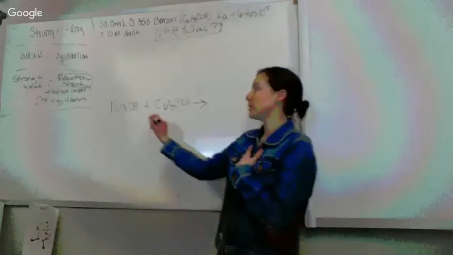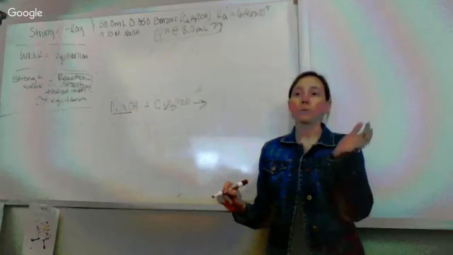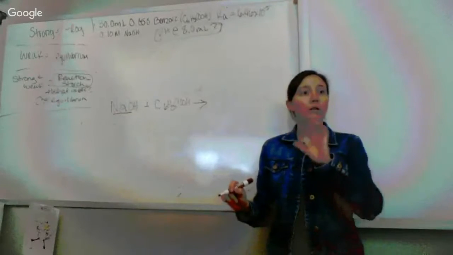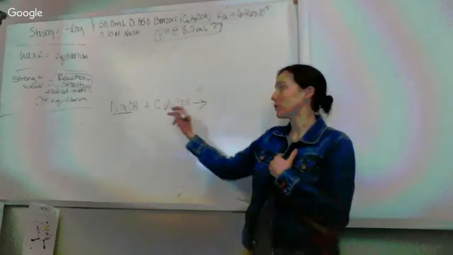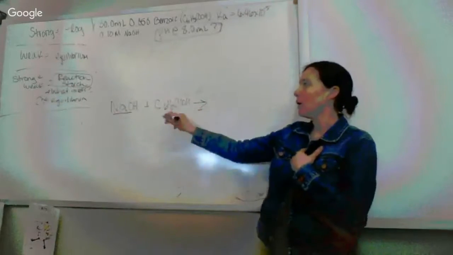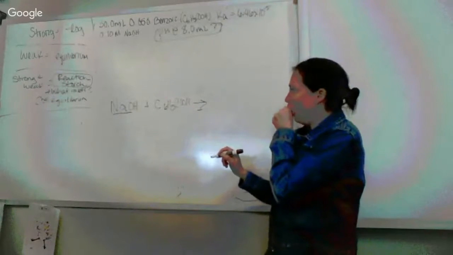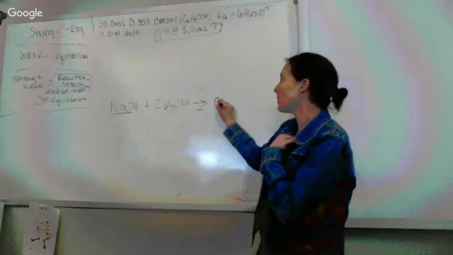Yep, because anytime you have anything that's involved with a strong acid or a strong base, it can only go in that one direction. It's not going to go back and forth. So there's a strong base involved, and that makes it not an equilibrium problem. So I'm going to do this reaction. I'm going to be left with